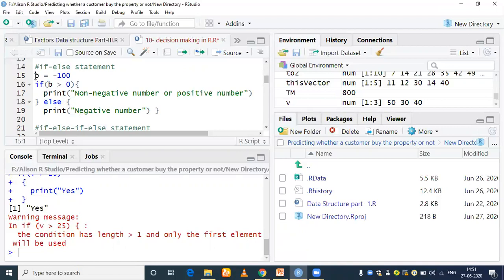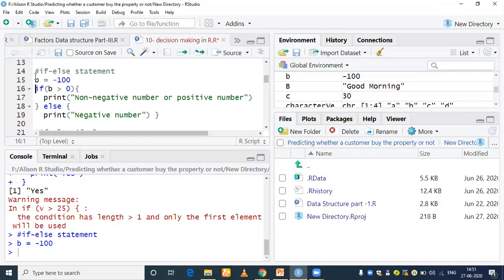So let me execute line number 15. Okay, line number 15 has executed, in which we have assigned the value -100 to a variable b. Now, if b is greater than 0, check it. Whether b is greater than 0, -100, is it greater than 0? No. This test condition is evaluated to be false.